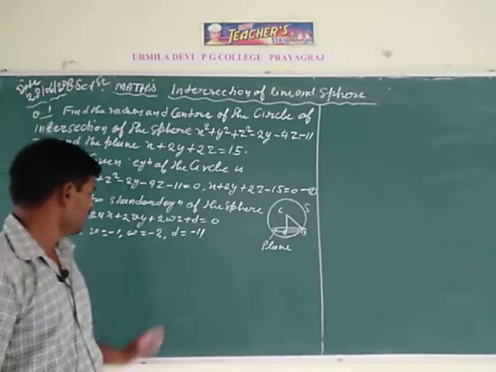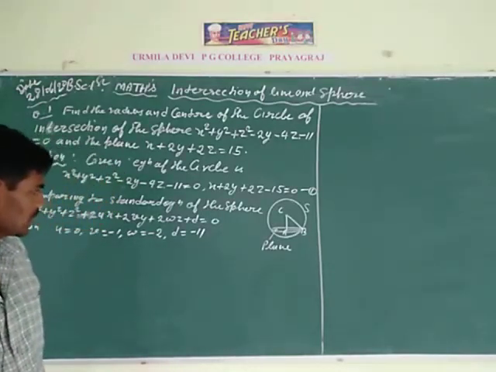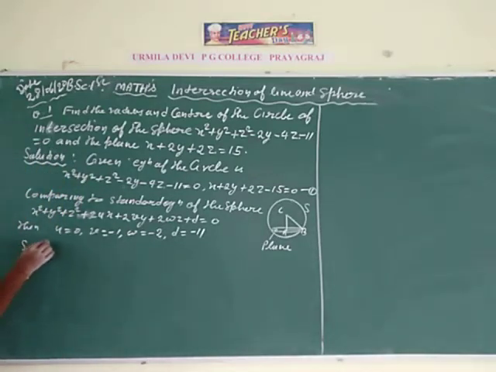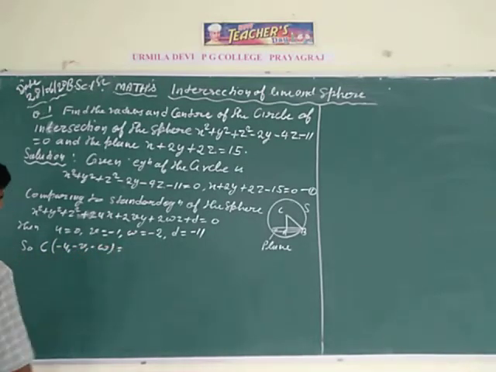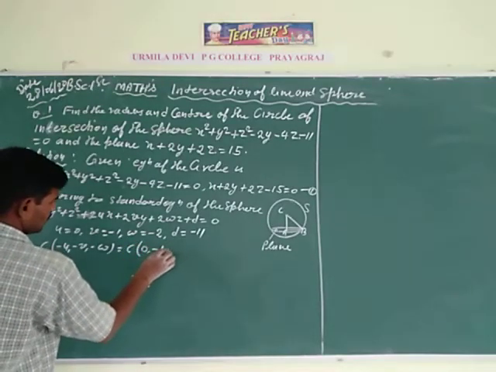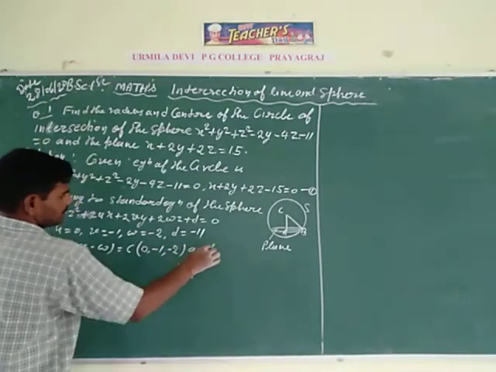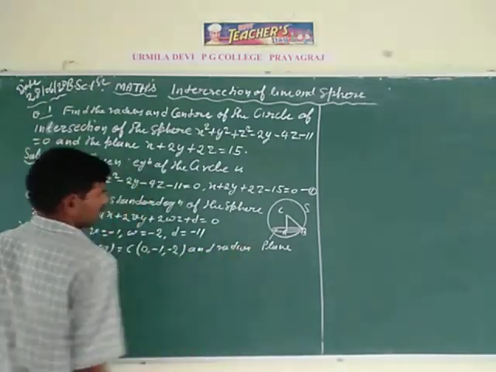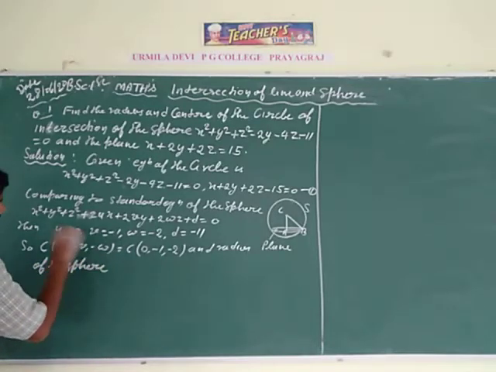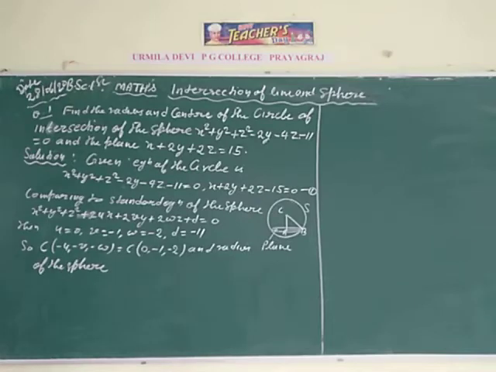Then by the rules of the sphere, you can calculate the center, capital C, and the radius CB. So the center coordinate capital C is minus u, minus v, minus w, putting in all the values of u, v, w from above. Then the center coordinate is 0, minus 1, minus 2. And the radius of the sphere means CB. Here from the figure it is clear that it is the distance CB.